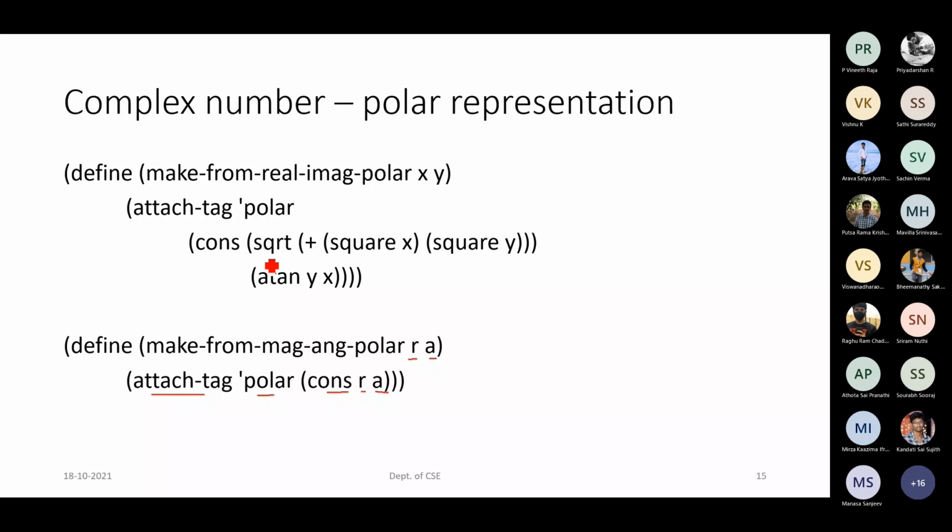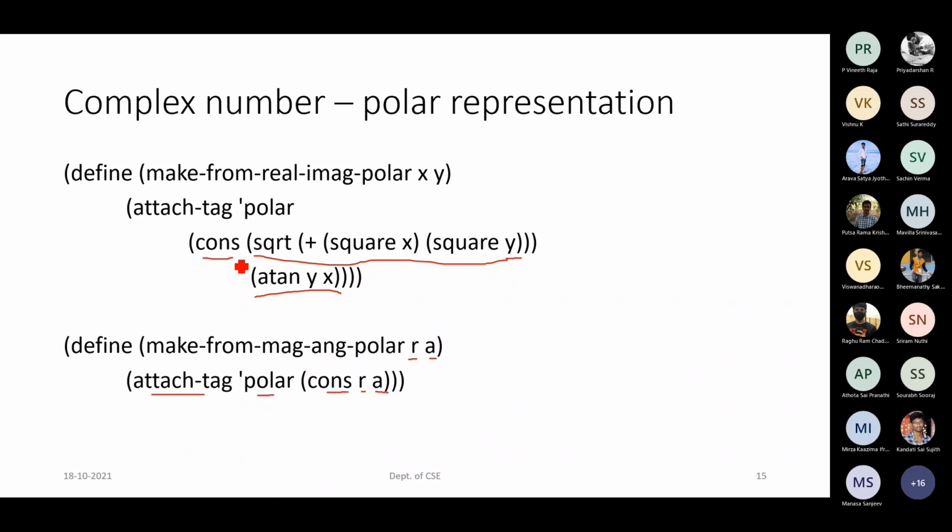How do we get the magnitude part of our complex number given the real and imaginary values? For that, we will be applying the square root of x square plus y square. So for getting the magnitude, we apply this formula. For getting the angle, we apply tan inverse of y by x. For that, we can use the primitive procedure atan, passing the y and x values. Because your input itself will be in the real and imaginary form, we can pass it directly. Once you get these two formulas applied, you will get the magnitude and the angle. These two have to be clubbed together, so for putting them together we can make use of the constructor cons.